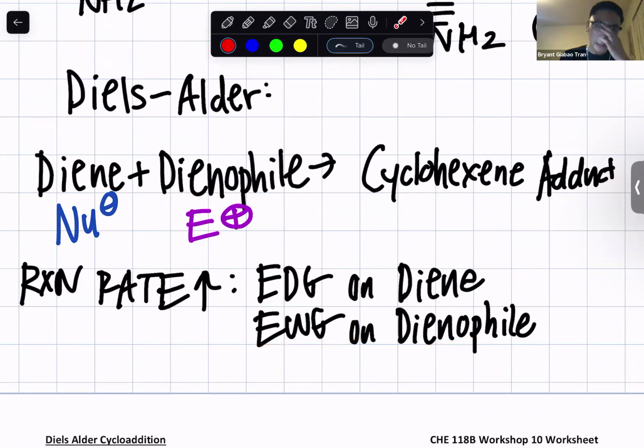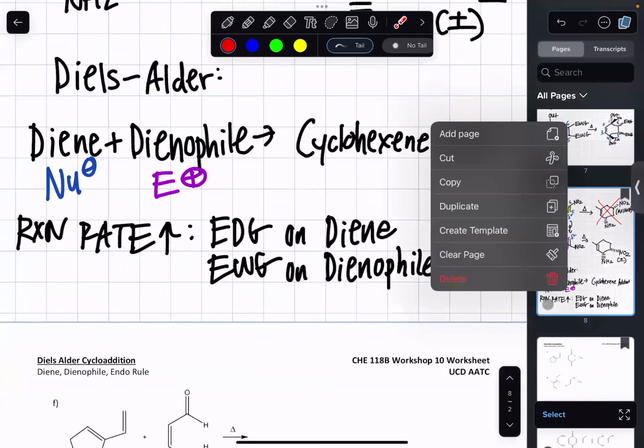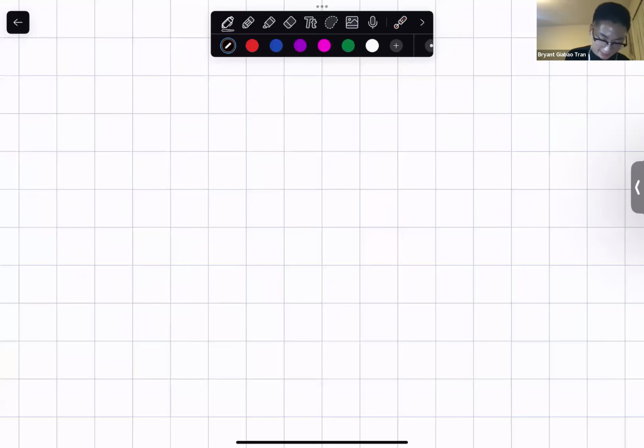If it was reversed, like if the EDG was on the dienophile and the EWG was on the diene, that would slow down the reaction. So that could be a conceptual question. Like, would this slow down or speed up the reaction? If there's an EWG on the diene and an EDG on the dienophile, that would slow down the reaction, based on these concepts here. That makes sense. Another thing that speeds up the reaction rate is something like this, because